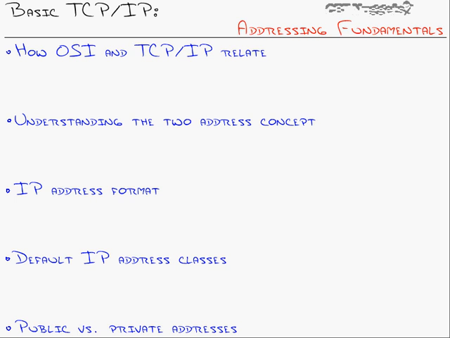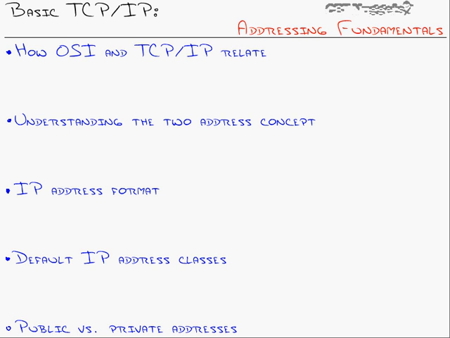But what we talked about in here was how the OSI and TCP/IP models and protocols relate. We found out that OSI wasn't just a model, it was a competing protocol back in the day. We then looked at the two address concept, where we had the MAC addresses or layer 2 addresses and IP addresses at layer 3. We talked about why we need those addresses and how they're used in communication. We then looked at the IP address format, the 4 octets with a subnet mask and a default gateway that combine to get networks communicating. We finally looked at the default IP address classes, class A, B, and C, be able to identify those by the first